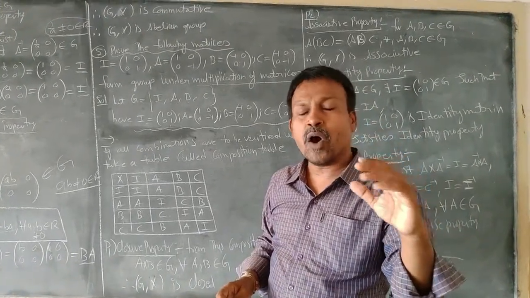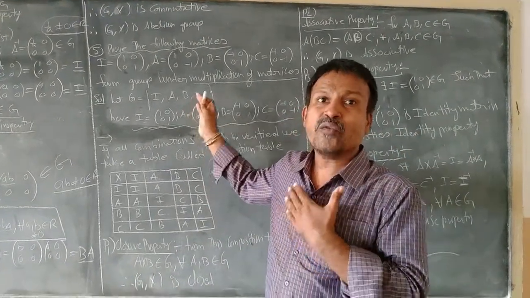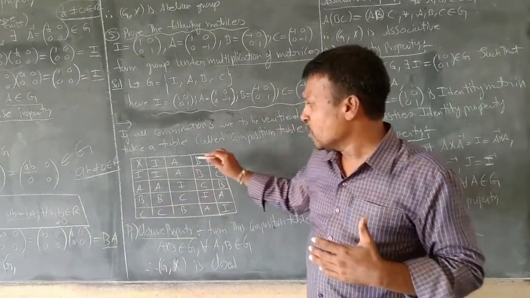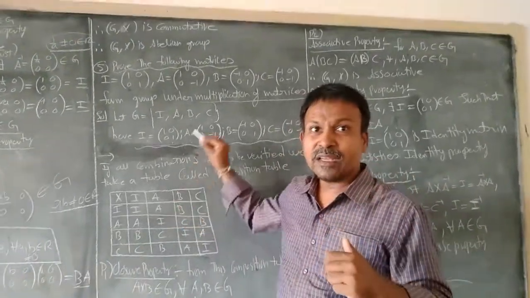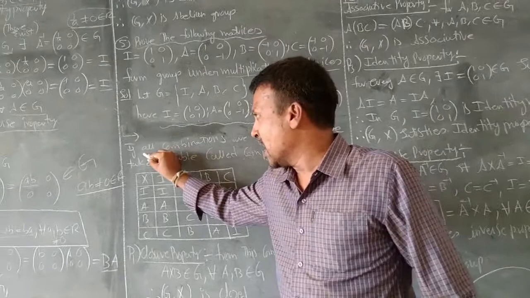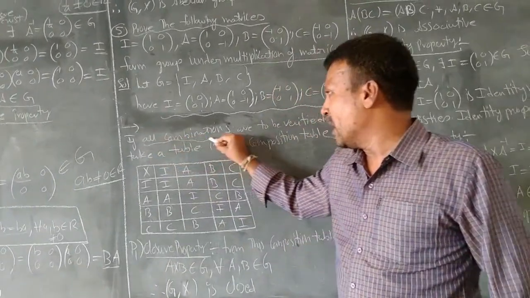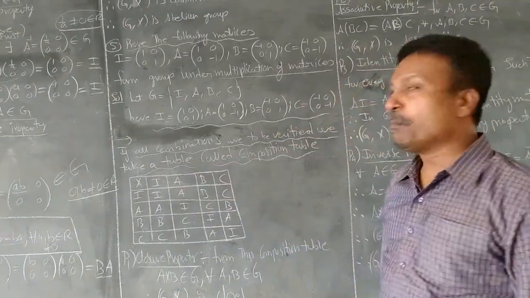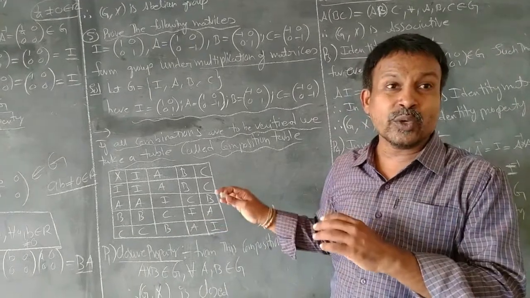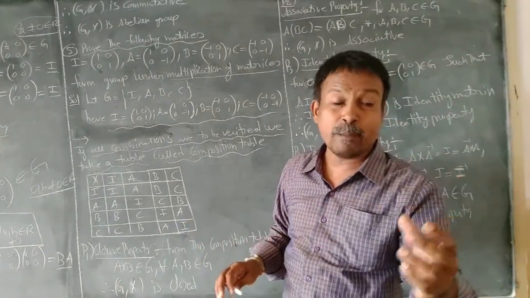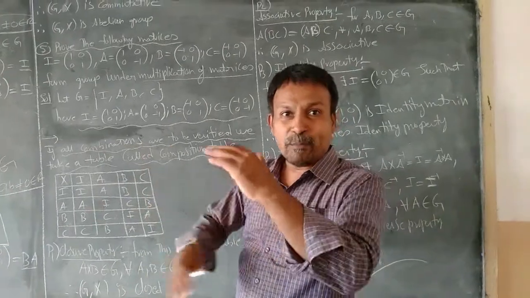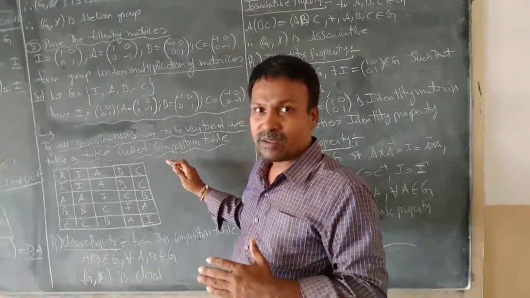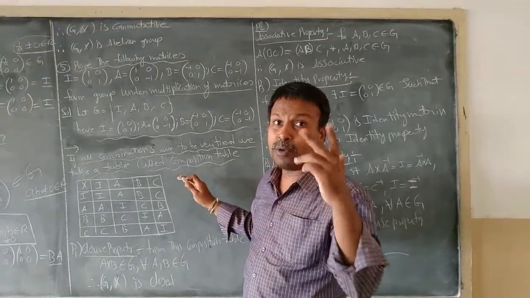A table of multiplication of all possibilities of the given 4 elements, that is, matrices. Right. Here I have written a table with all combinations of multiplications of the given 4 matrices. See the statement here: if all combinations are to be verified with a table, it is called a composition table. So here we have introduced a new table called the composition table, which will be used in proving statements in further problems. It is the first step where we should know the composition table well, right?